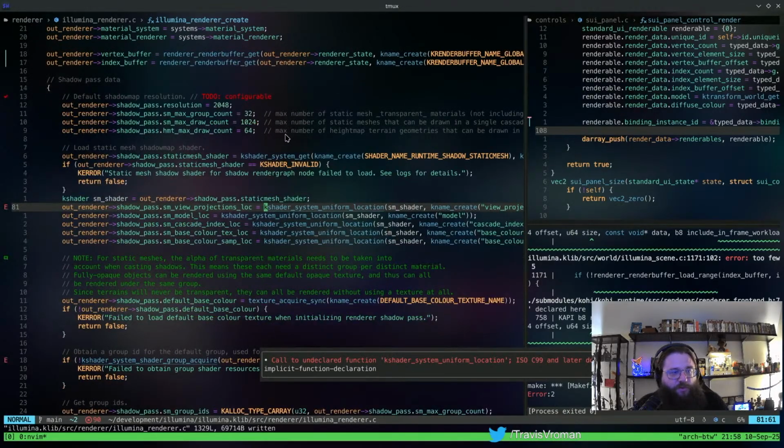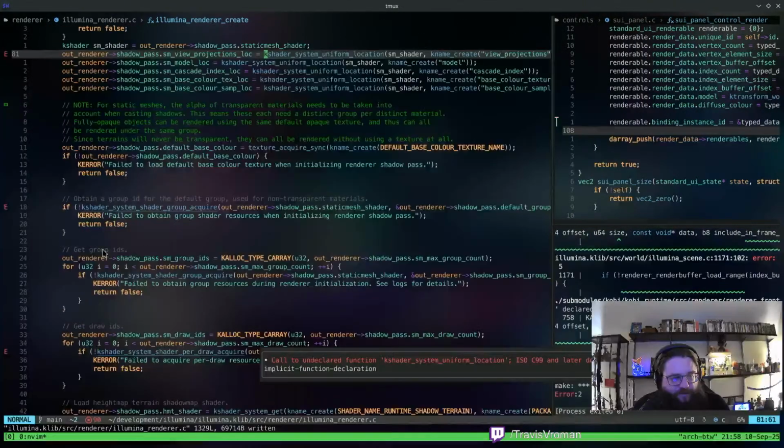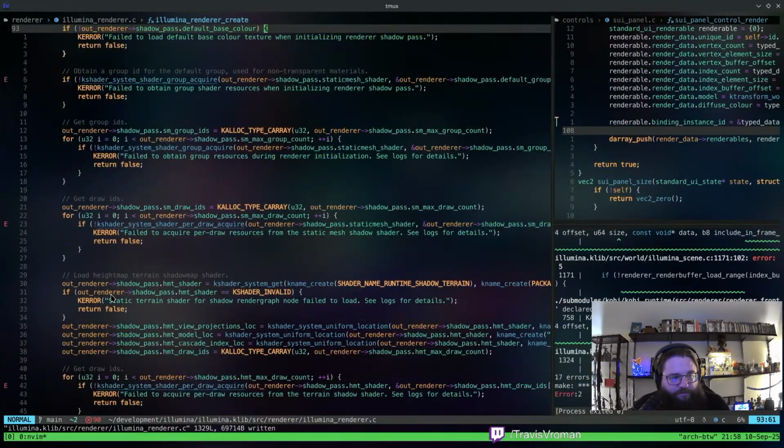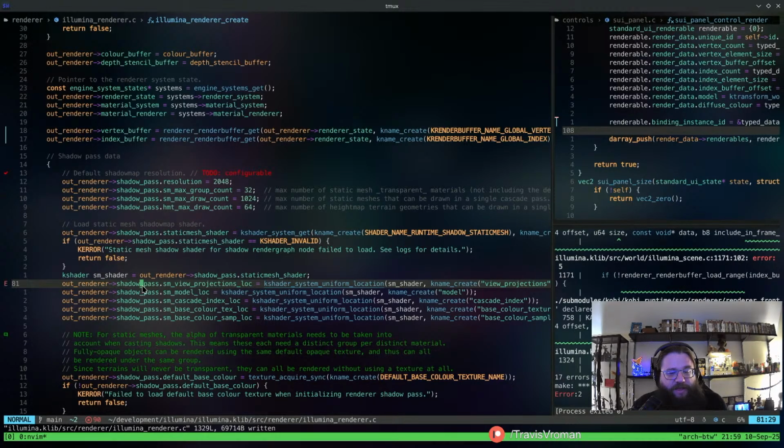Okay, so this is going to be a big one because it looks like we still have all of our uniform logic in here, which we no longer have. That's a good thing because we're going to be able to strip out a lot of stuff, but let's see, shadow pass. Ooh, have we even done that yet? I don't know if we've done that yet.